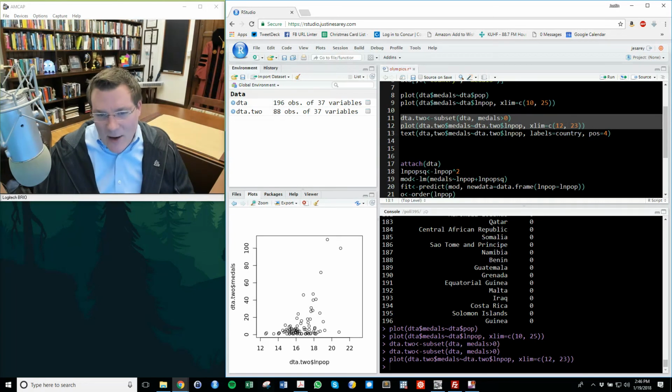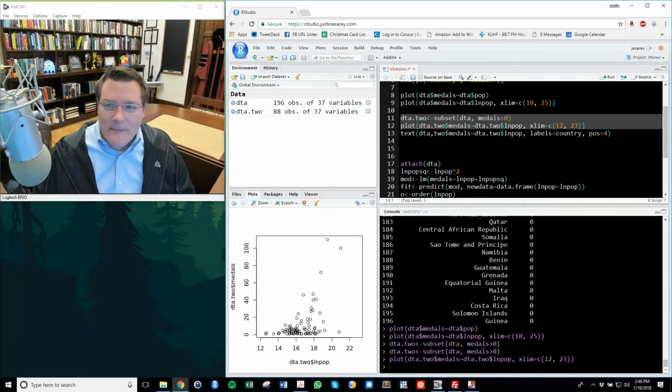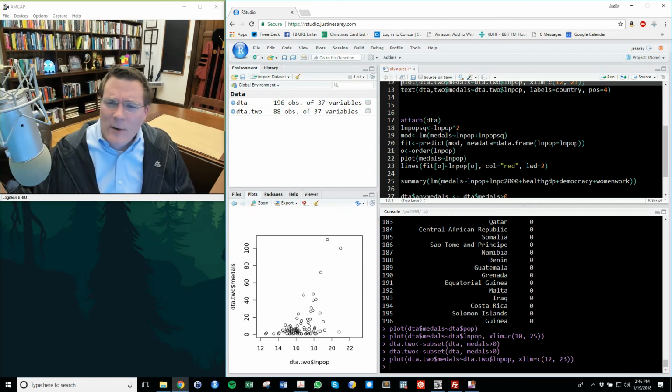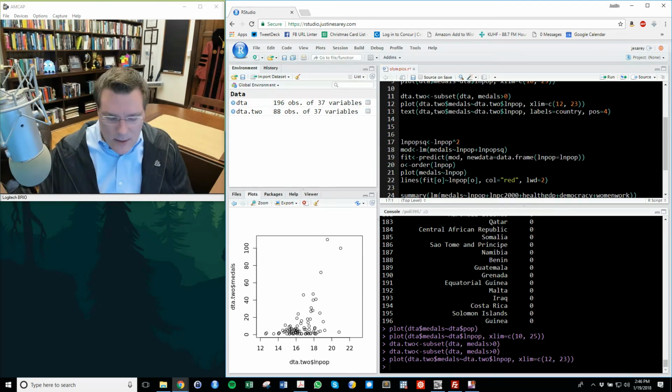And what do we see here? Well, it makes it a little clearer to see basically there is something possibly approaching a noisy linear relationship here, although certainly I wouldn't say it's ironclad. There's certainly a lot of noise in there, but maybe something that's sort of linear. Okay, so going back to the original data set that has all the countries in it, including the ones that earn no metals,